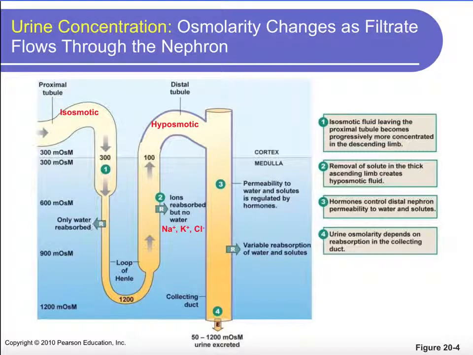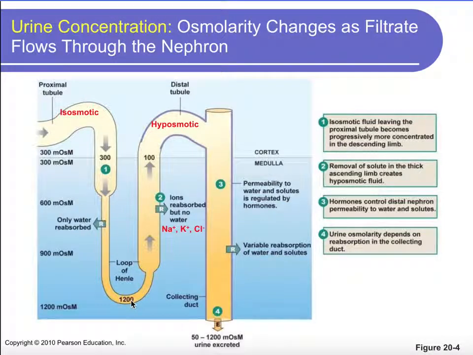We are not changing the solutes. So if you just take water away, the osmolarity inside the filtrate will start to rise. We're going to become more and more concentrated. And as a result, you can see the urine itself looks like it's getting darker and darker. And at the bottom of the loop of Henle, our osmolarity will rise to